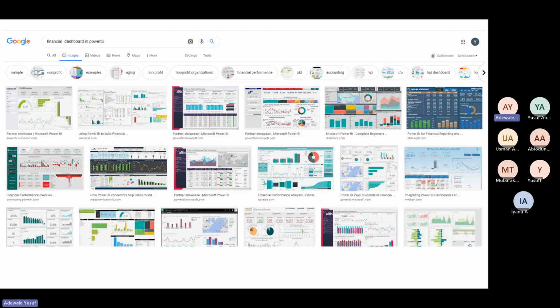Well, one of the tips I'm going to give you first is that when you are building a dashboard, make sure you don't use more than 3 colors at least. And those colors must actually match each other. It's not just very hot colors, right?